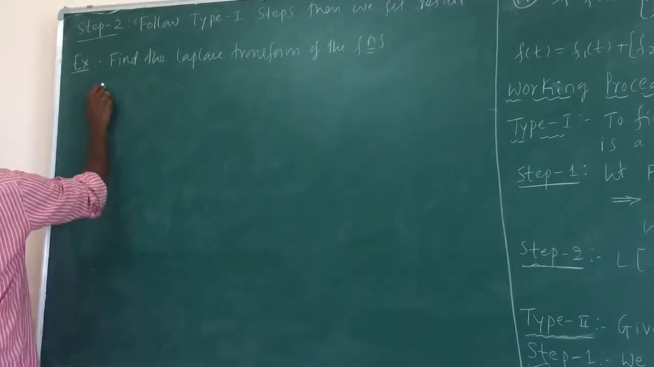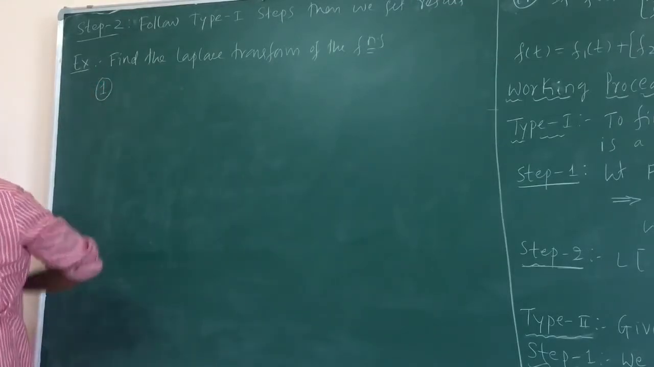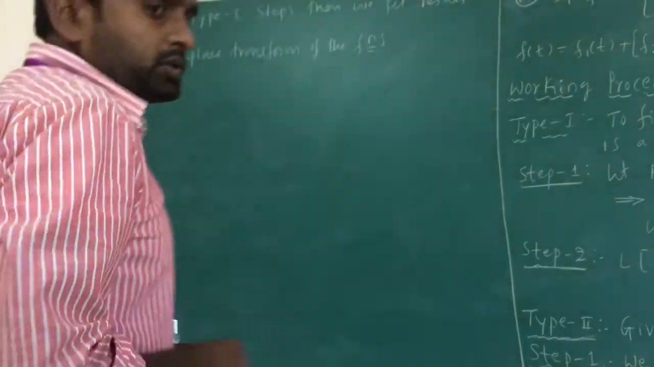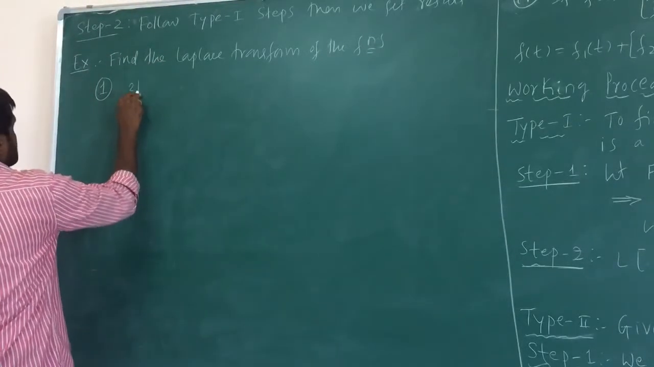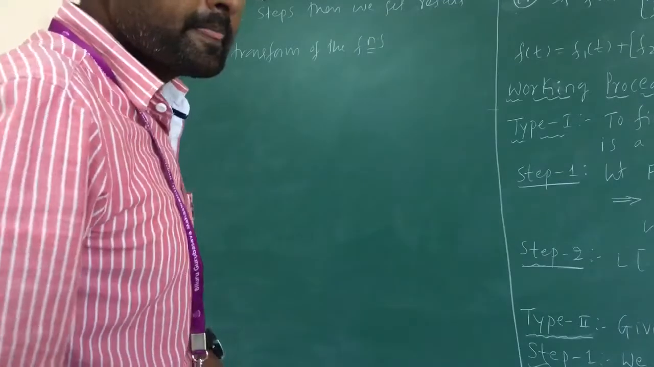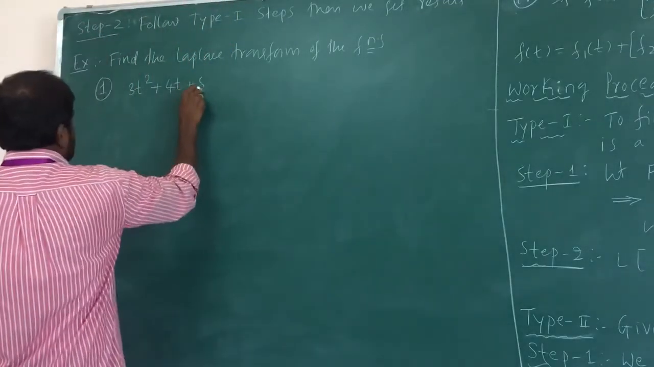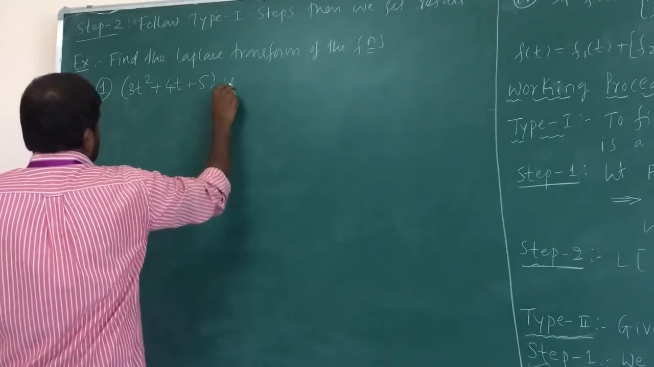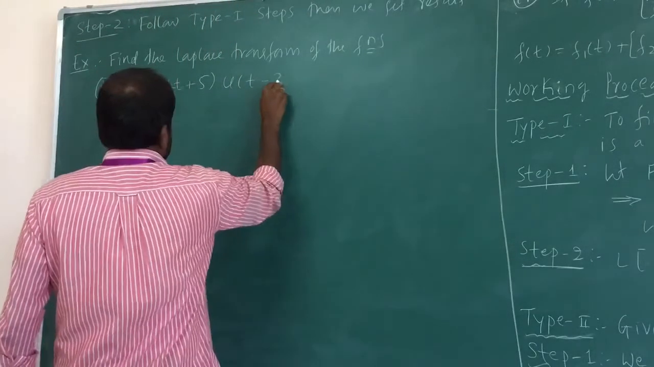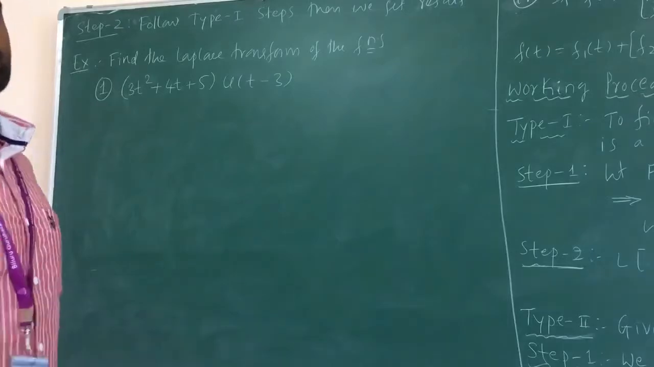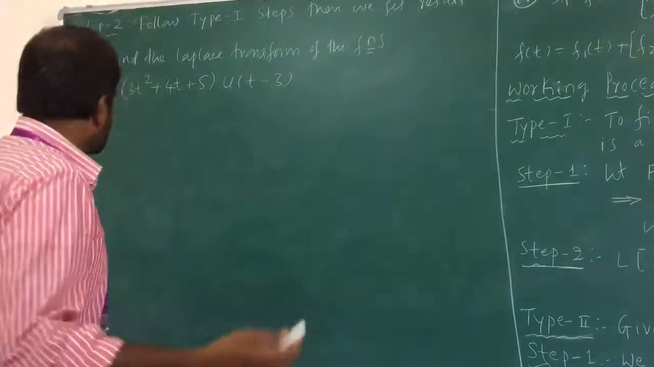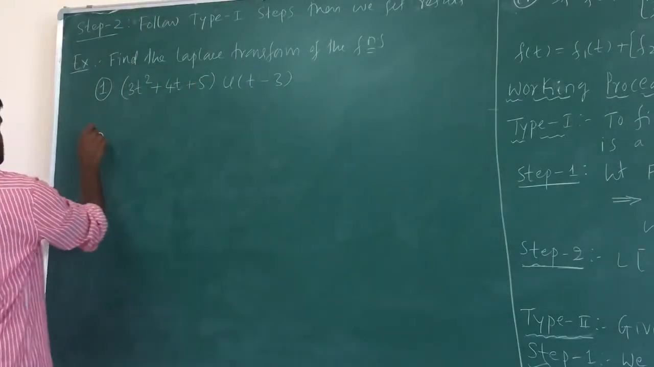Now here I am considering one example. Here 3 into t square plus 4t plus 5 into u of t minus 3. Here you have a function. Now if we apply the Laplace transform of this,